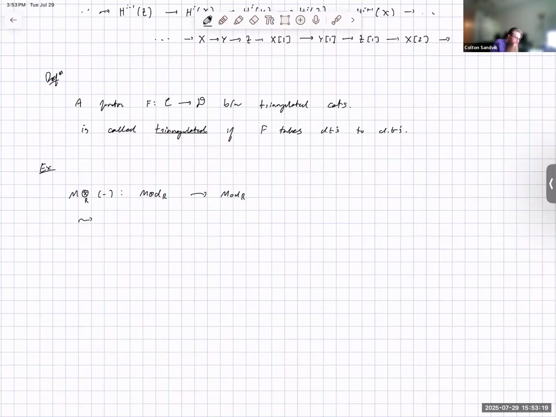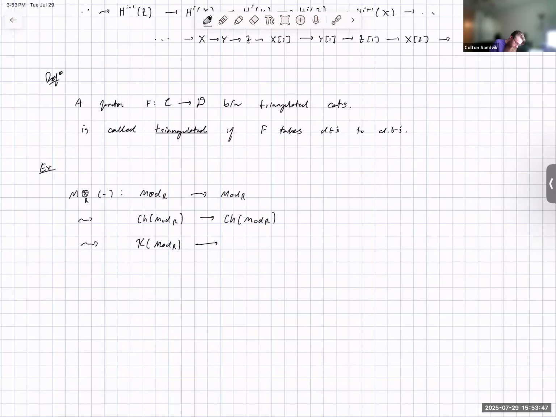And we can apply this on chain complexes to get a functor that I'm just going to denote the same, between chain complexes. And it's not hard to check that this functor will take things that are null homotopic to things that are null homotopic. So it induces a functor